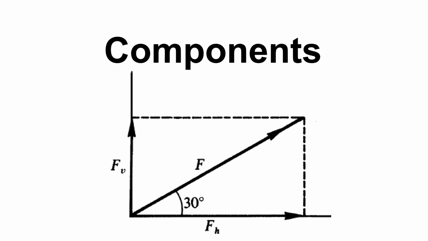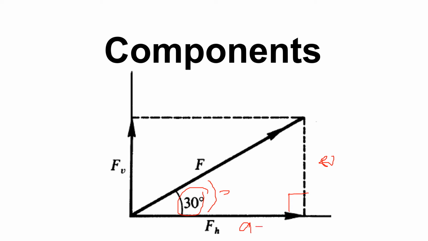If this vector has an angle of 30 degrees from the positive x-axis and it forms a right triangle, then with respect to the 30-degree angle, this is the opposite side and this is the adjacent side,